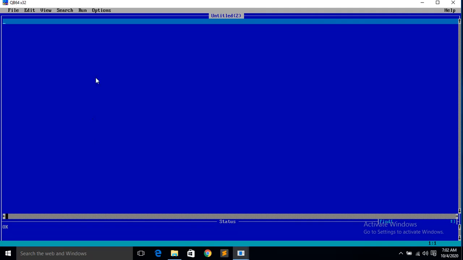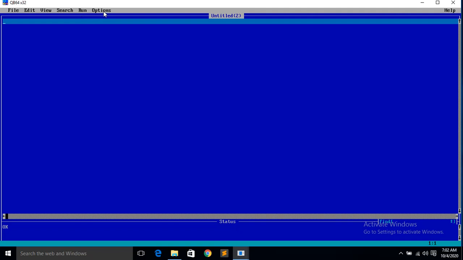Now come to the Quick BASIC editor. You can see the editor on the screen. Here you can see three bars: the menu bar, scroll bar and status bar. Menu bar means what? These are the menus. You can see on the screen: File, Edit, View, Search, Run, Options.